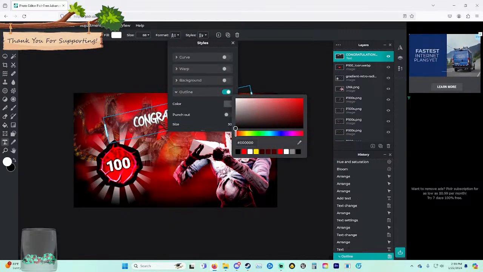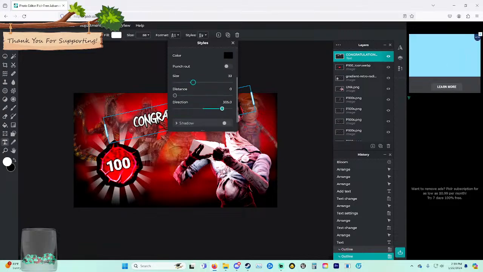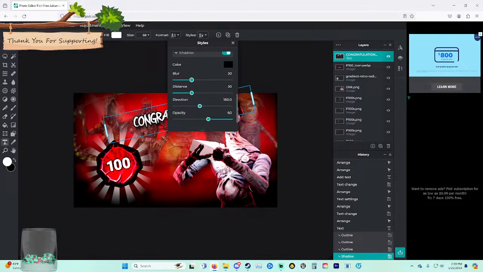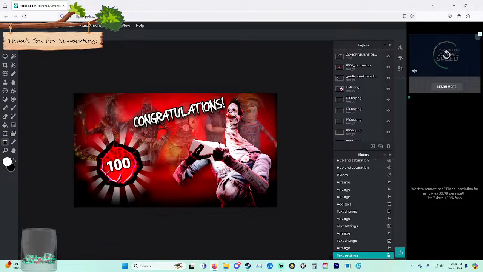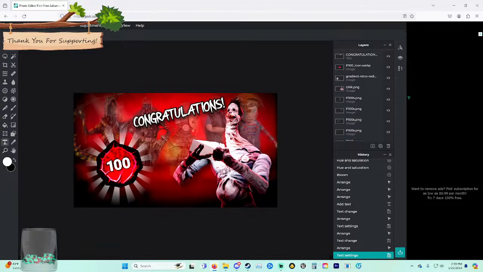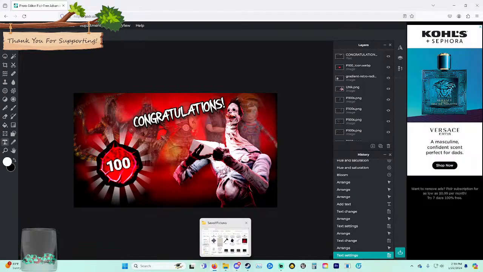Do the outline. Give it a shadow as well. Blur it a little bit more, but make it more noticeable. And then we're going to have, actually,